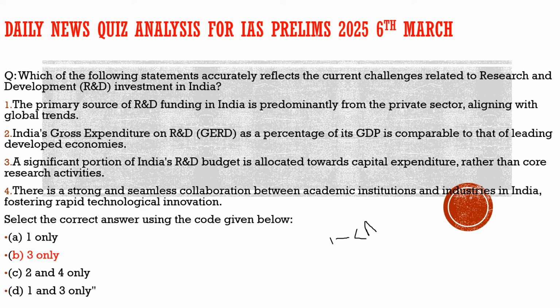prelims questions from those particular articles so that it will give the idea which part of the newspaper is important for you, what should be your approach when you are reading these news articles, and how you can expect a possible prelims question from these particular topics. This is what we are going to do in the first part of our discussion. After solving questions with respect to current affairs, we will shift our approach to the second part.